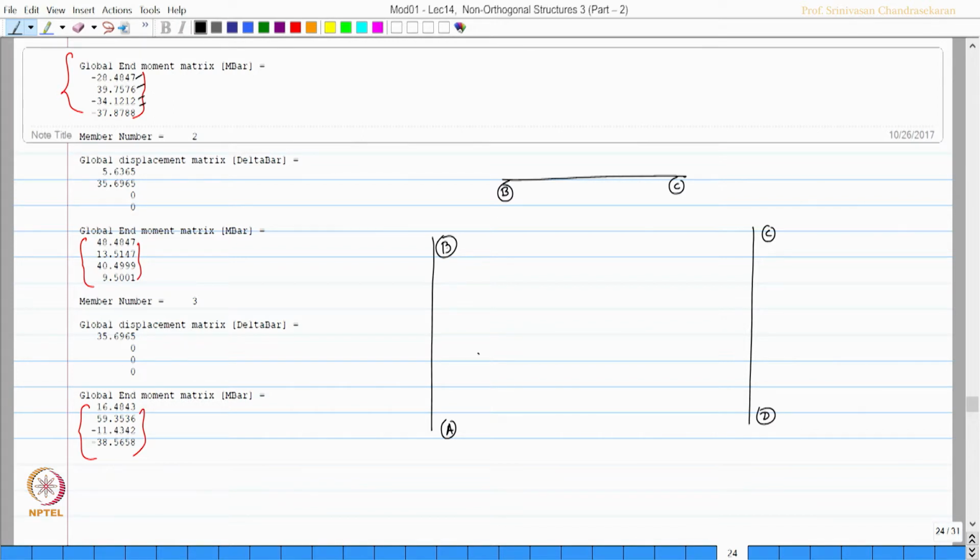So, this is going to be minus 28.4847. This is anticlockwise, which is 39.7576. This is minus, therefore, this is going to be 34.1212,